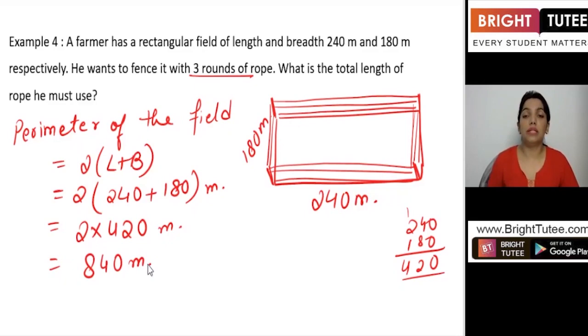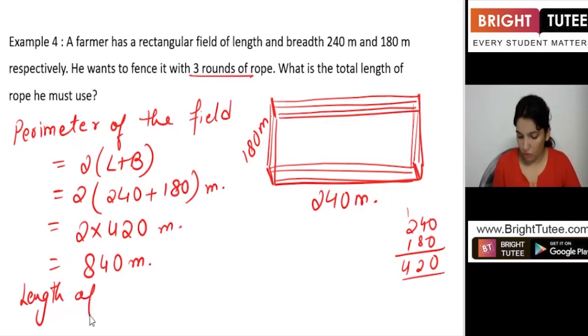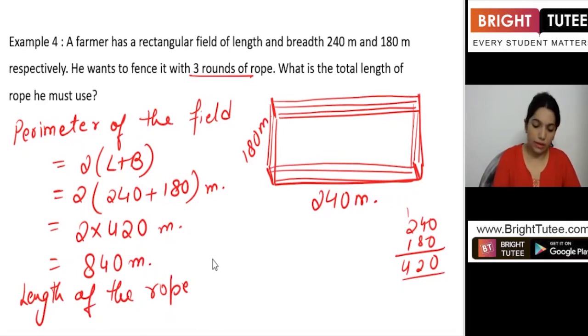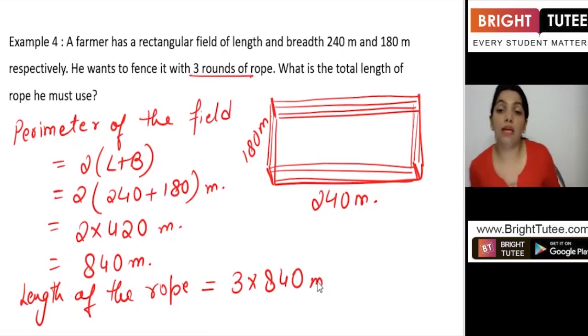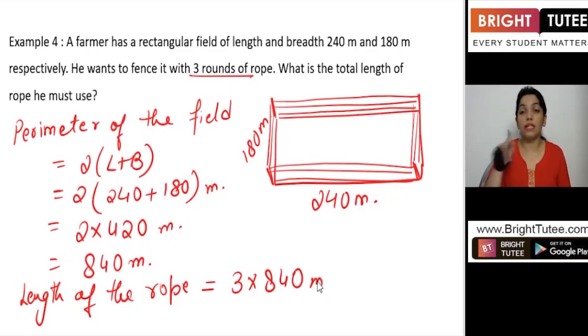Now we have calculated the perimeter, and we are going round the shape. We need to take 3 such rounds. So what do we need to do? The length of the rope required is 3 times the perimeter. So it is equal to 3 times 840 meters. I hope you are clear why we have used this particular step of multiplying 840 by 3, because we need 3 rounds of rope. So 840 times 3 gives the answer as